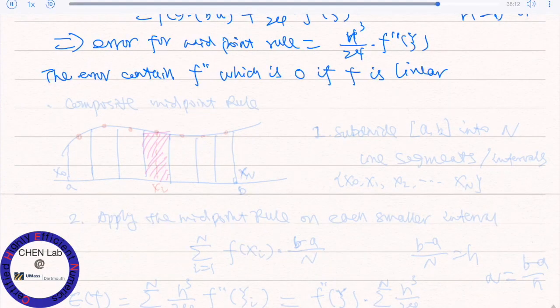Why did you choose to use c for f double prime instead of f prime? So let's talk about the composite rule. If we do this in the composite midpoint rule,